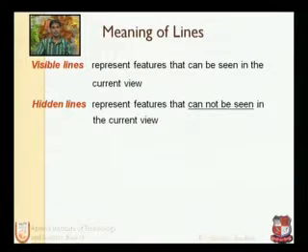What are hidden lines? Again, they represent features that cannot be seen in the current view. It is important to remember that the current hidden line must be a visible line in another view. We will see this feature